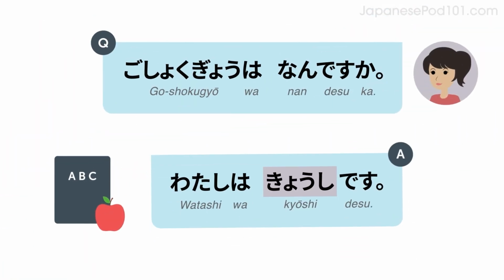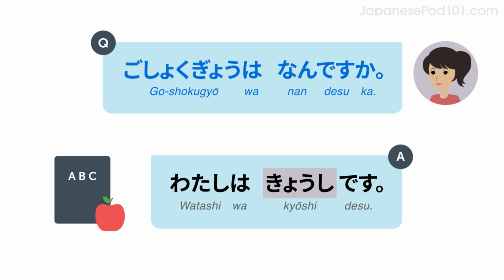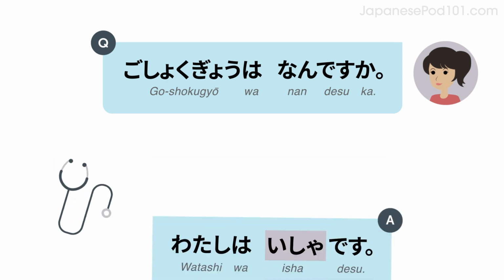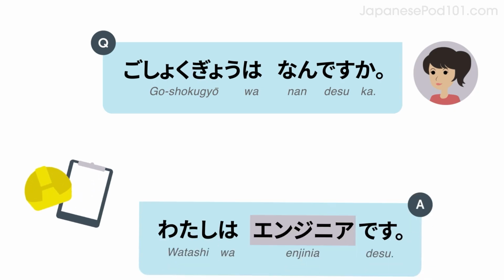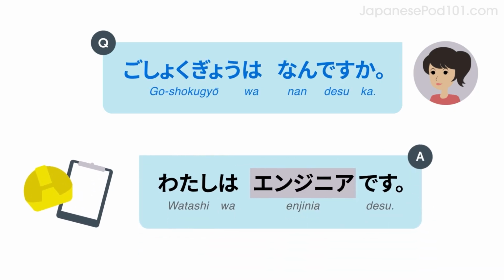Now, listen to some examples. ご職業は何ですか？私は教師です。ご職業は何ですか？私は医者です。ご職業は何ですか？私はエンジニアです。